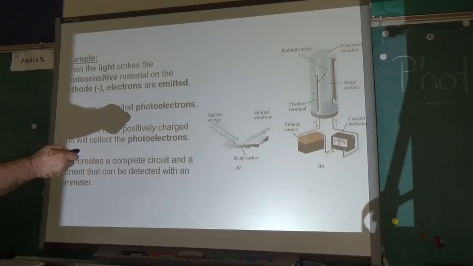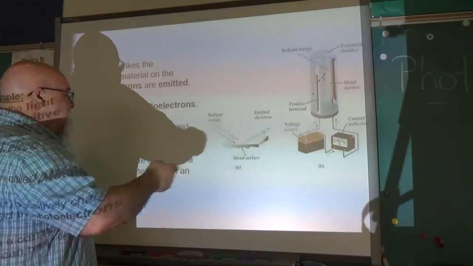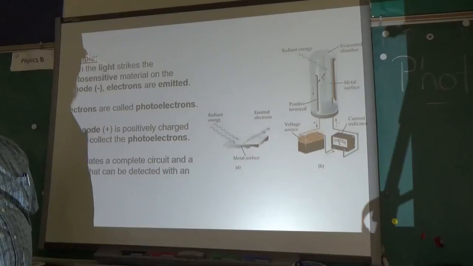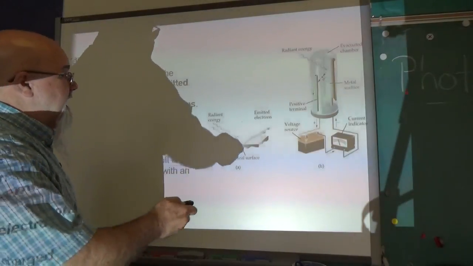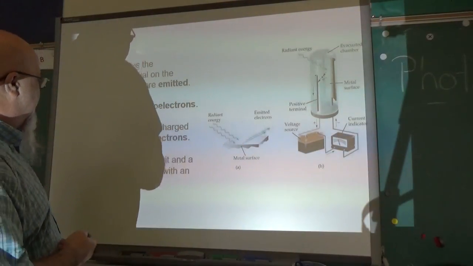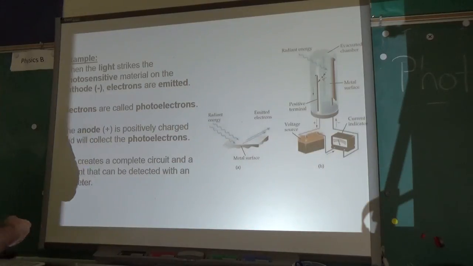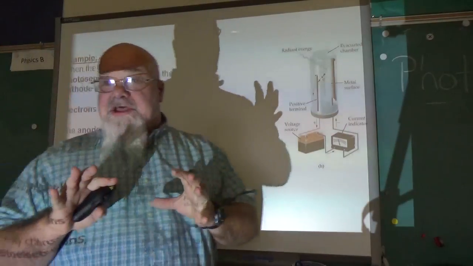And they would move as they get going. We get a positive charge in the anode. The anode is the positive end of a battery, and it will move to the cathode, the negative end of a battery, because we have a potential difference. Remember, electricity is a potential energy.